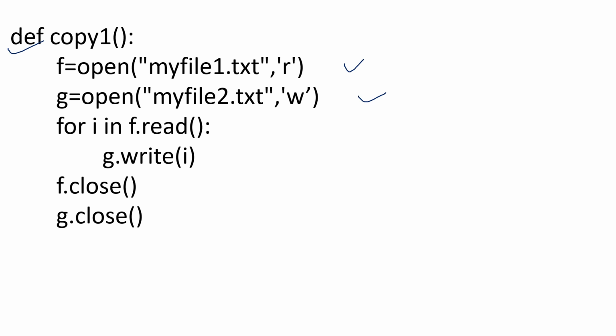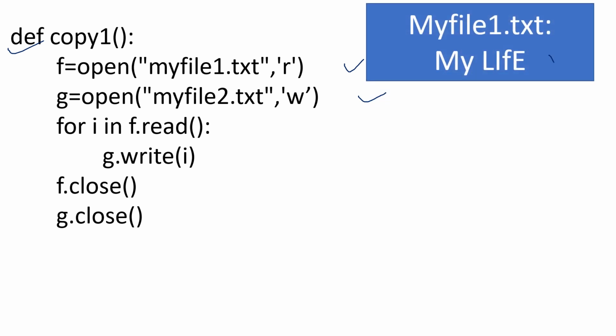So when you open this one, our file myfile1.txt is containing this data. We wrote this data in our file in the previous code. Now after this, while reading a file, I am using this loop, f.read. As you know, the f.read or the read function of the file is used to take all the content from the file in the form of a string.